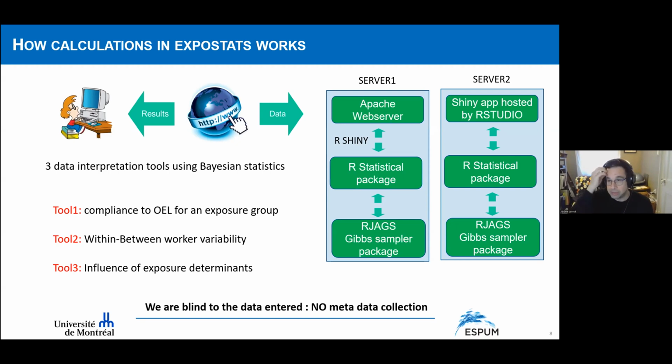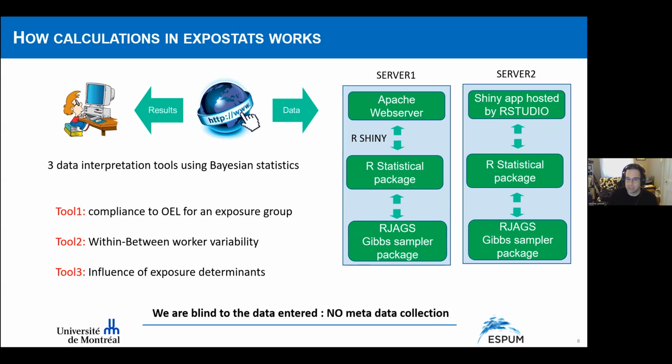So any categorical information, and tool 3 is going to allow you to make a comparative analysis between these groups. So it's not a specific Bayesian model, it's just the model in tool 1, but applied at the same time to different categories of variables. So for example, if you want to do a before-after comparison, before intervention, after intervention, you can use this tool to